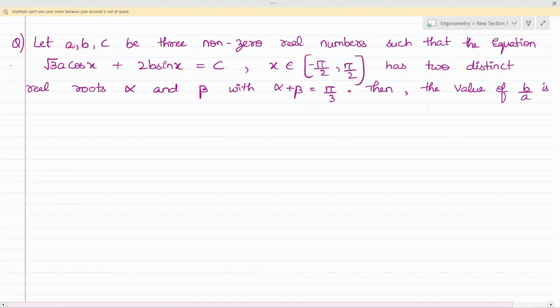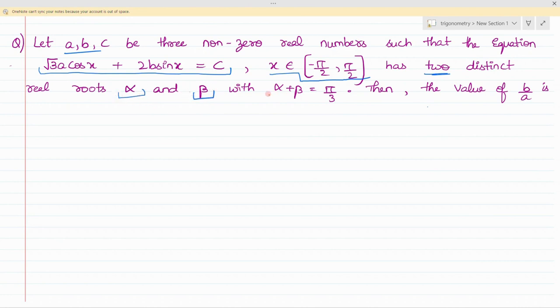In this question, it is given that A, B, C are three non-zero real numbers such that the equation, which is this, is true and x belongs to the range minus pi by 2 to pi by 2, has two distinct roots alpha and beta. And alpha plus beta, the value is given, that is pi by 3, and we need to find the value of b by a. So first let's take this equation, that is root 3a cos x plus 2b sin x